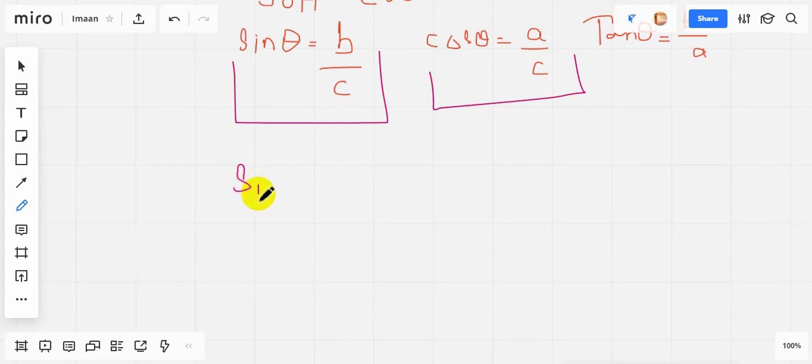So sine theta equals B over C. B means opposite, C means hypotenuse. Okay, so now what I'm going to do is to take square on both the sides. So square both sides of this ratio, the ratio of this function. So then the left side will be sine squared theta